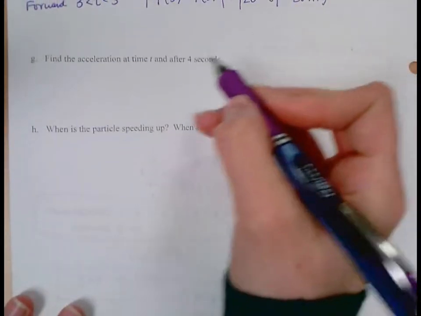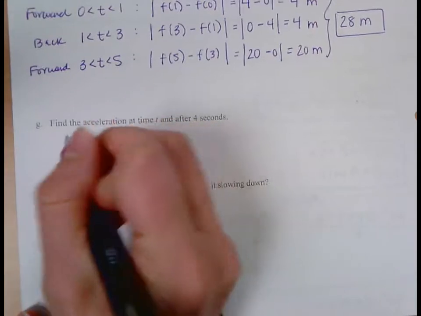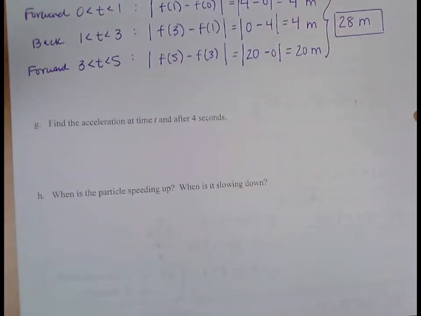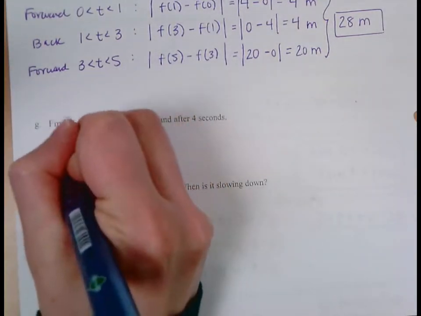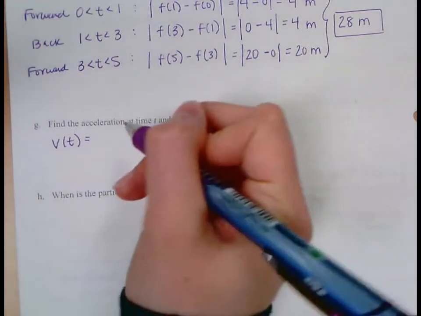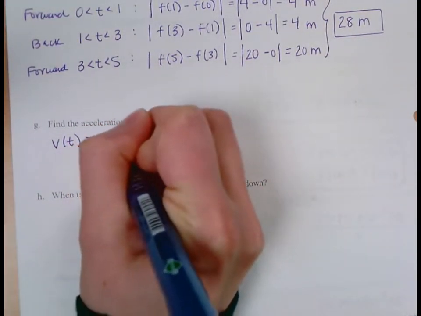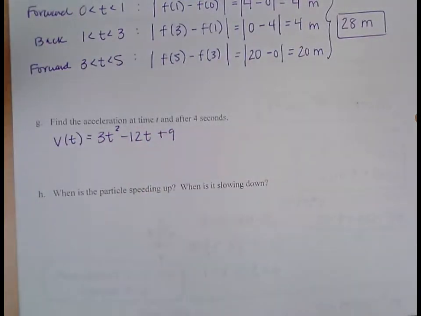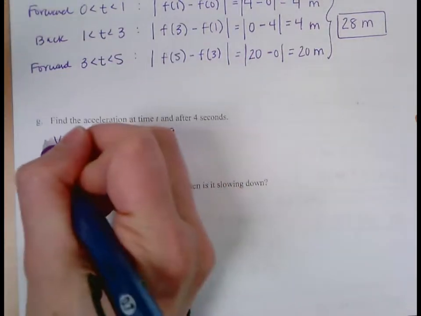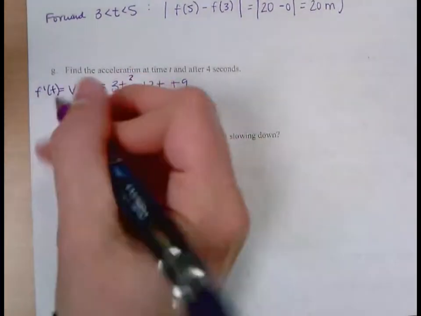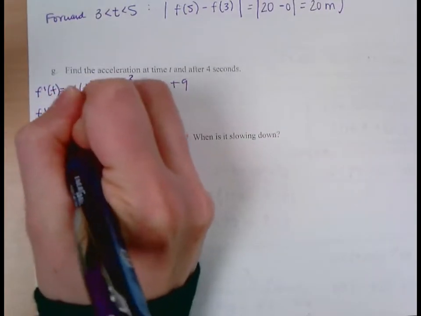So I'm just going to write down, we had found the first derivative, which was velocity. I'm just going to write down what that was because, again, I know that's on the front side. So the velocity was 3t squared minus 12t plus 9. So that was really f prime. And so acceleration would be the second derivative,